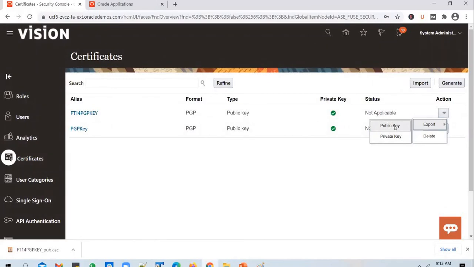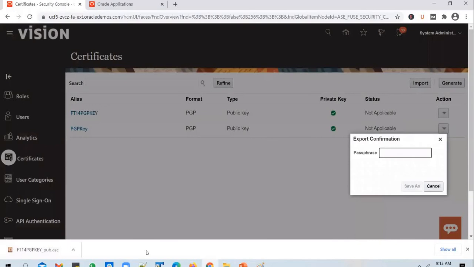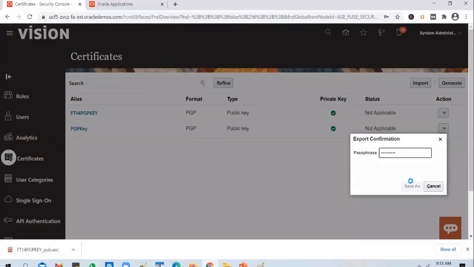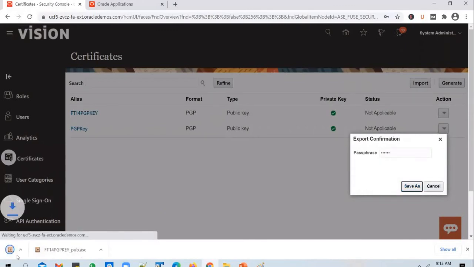We have exported public key, and this public key is typically used to encrypt the files. So since it is an encryption key, when you try to export it, it didn't ask you to confirm the passphrase. So you are able to automatically download it, because this is after all used to encrypt the files, not decrypt them, right? Decryption means, yes, there is a chance that something might get exposed. So that needs an additional layer of security. So when you download the private key, it will ask you to confirm the passphrase. So you enter this passphrase, tab out, and click on save as. You see that the private key is also downloaded now.